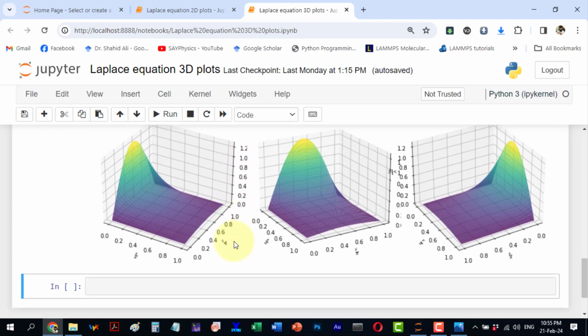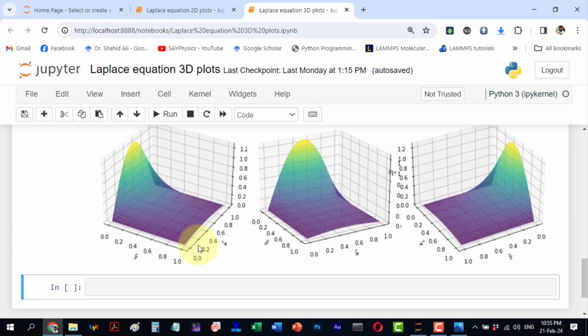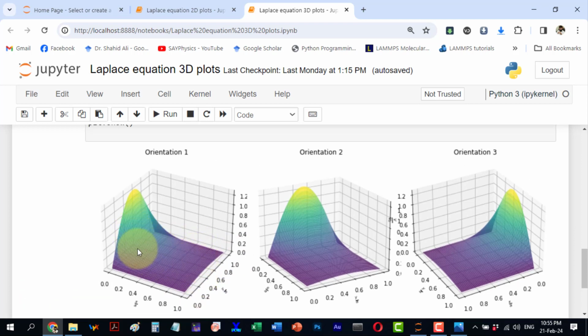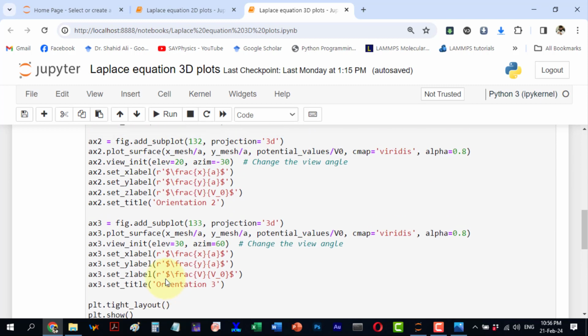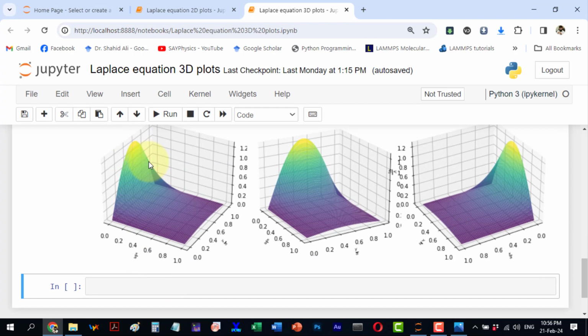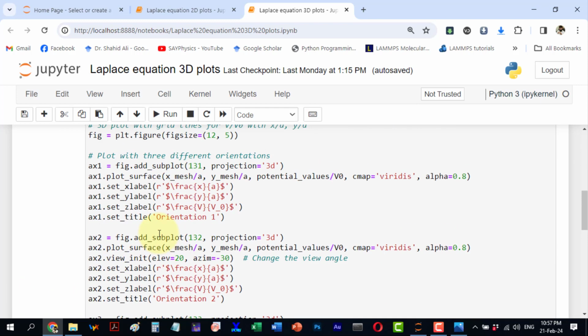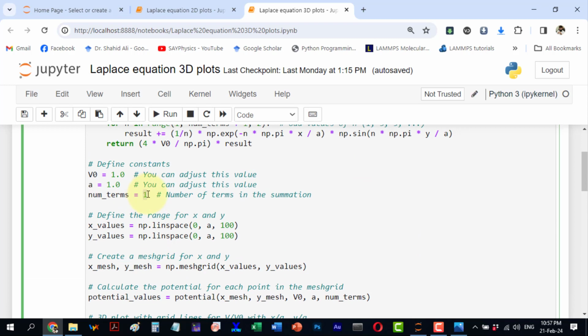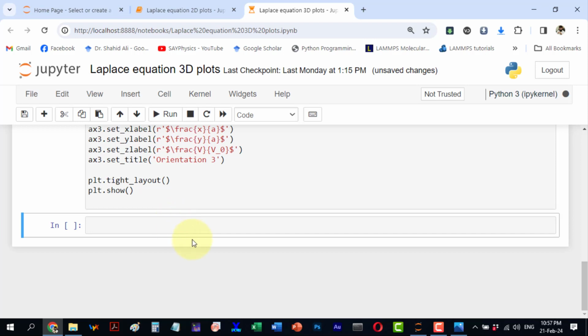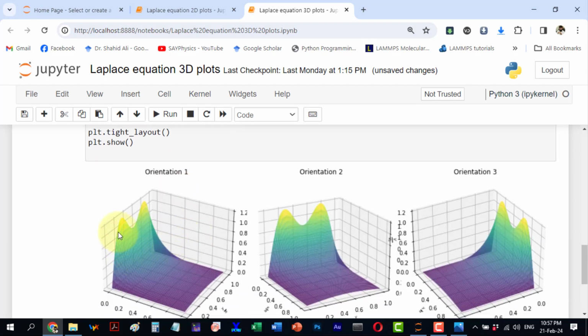Now there is one difference that I have made with respect to the book, because on the x-axis it is from 0 to 2, while the y-axis is 0 to 1. So that only elongates this figure, but I am not elongating the plot. I just want to have the same axes for x and y, and here I can see that there is only, like previous, only one peak involved. Now let's say I change the number of terms, means after 1 we are having 3, and 3 means that 2 terms will be involved there, and you see that in